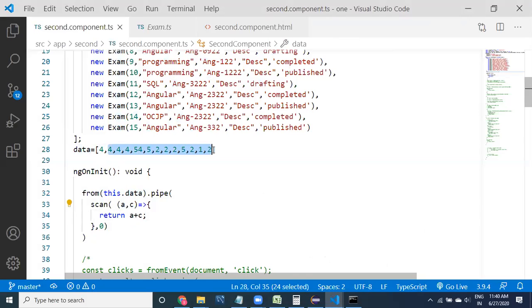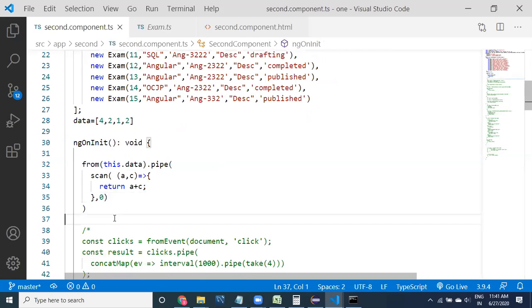I am going to take a few simple values only so that we can understand very easily. First the accumulate value is 0 and the current value is 4. 4 plus 0 is 4, and then next we get current 2, accumulate value is 4, 4 plus 2 is 6. Then the accumulated value becomes 6, and then 1 comes, 1 plus 6, 7, a is going to be 7, and then current value is 2, 7 plus 2, 9. So finally, one by one the values get printed.